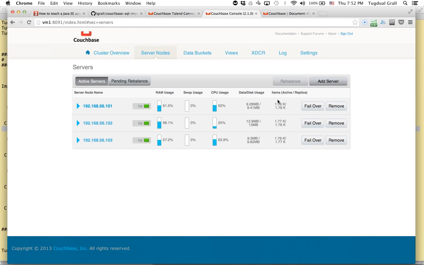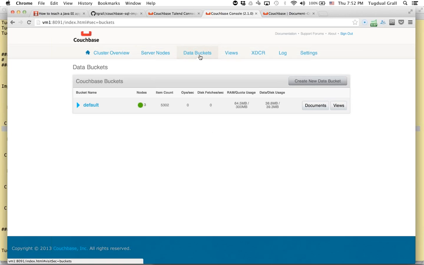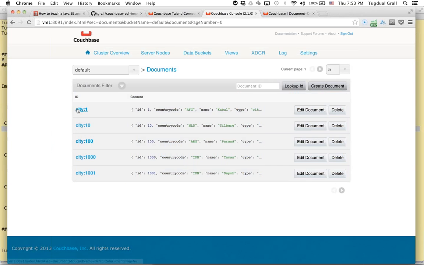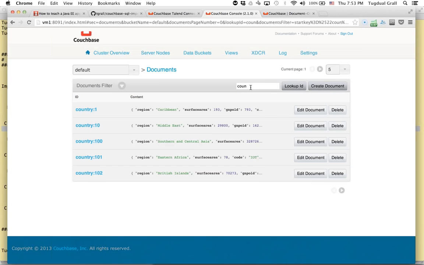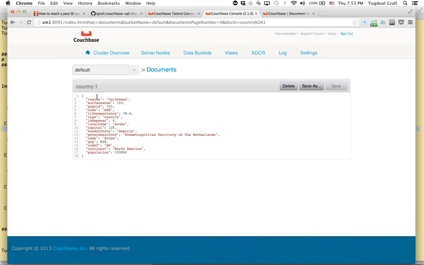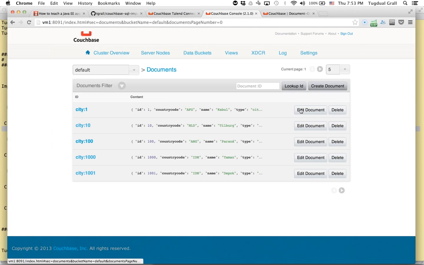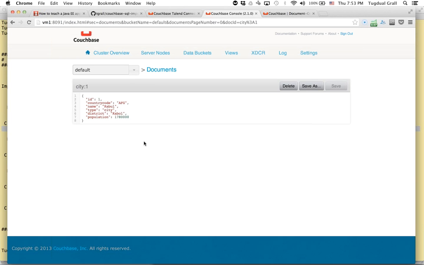If I look now in my cluster, I see that I have 1,000 items or more on each node. Because it's a 3-node cluster, the data has been distributed for you. I moved from a single-node MySQL engine to a distributed database on 3 nodes. Based on the logic in my importer, I have created keys with the type of data. If I look at country, I see the different fields, and the same for a specific city.